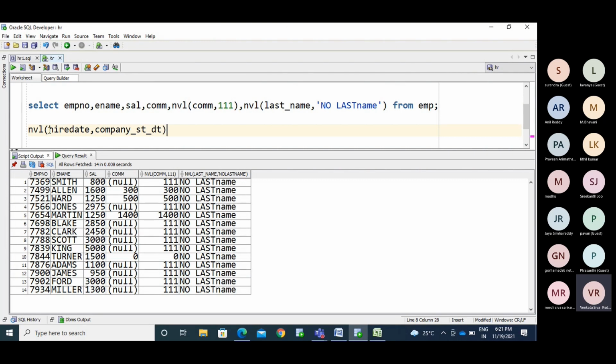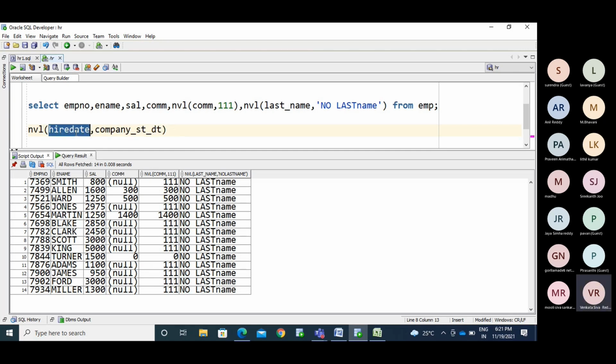If you pass it like this, if the hire date column has any value, it displays that particular value. If the column does not have any value, it checks the company_start_date column, and if you have any value there, it displays that. If both columns do not have a value, it will display the null value.